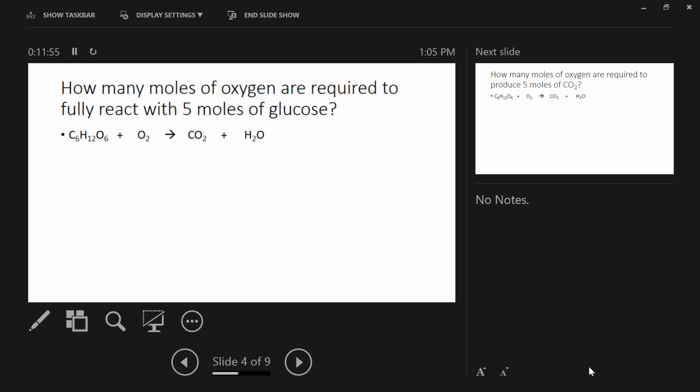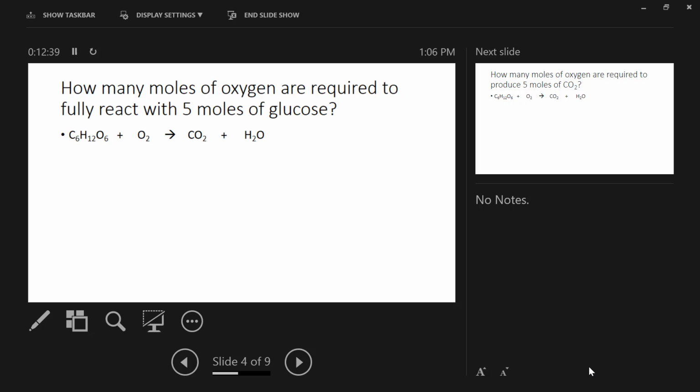We'll put our horizontal line. What goes in the top left? Moles of glucose, the only thing that it gives us. And how many moles of glucose? 5, right? Now we want to know how many moles of oxygen are required to react with 5 moles of glucose. What goes in the top right? Moles of oxygen, what we want to go into. Bottom right, we're going to carry this same material over. Moles of glucose,